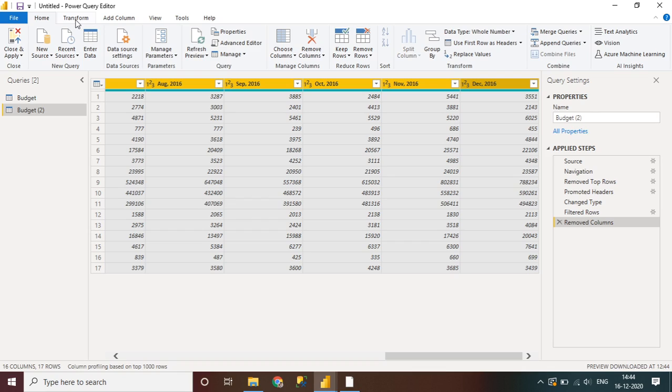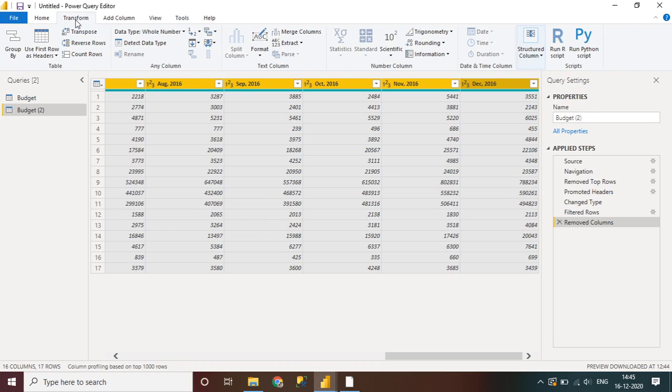For that you need to go to the transform option, and here you will find unpivot columns.